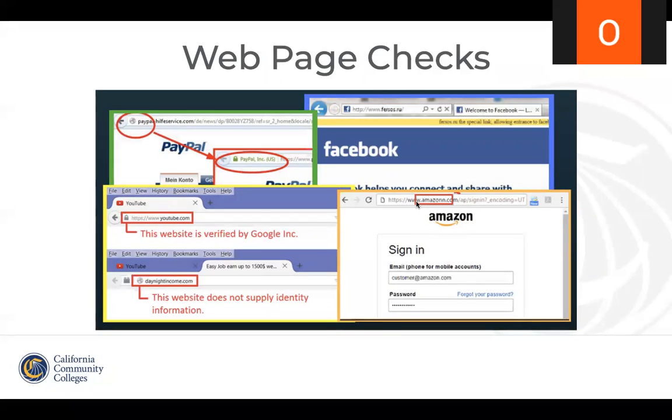So again, there's more checks you could do for the web pages. Obviously, as we talked about before, you want to make sure the URL is correct. You want to make sure there's an SSL cert on the website. It is a big giveaway if there is no SSL cert. But usually a good social engineer would download a valid SSL cert and upload that to the phishing website.